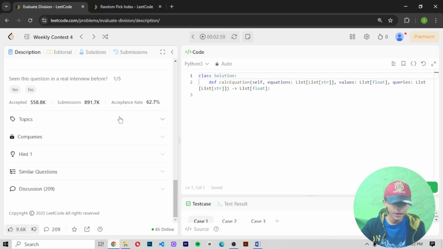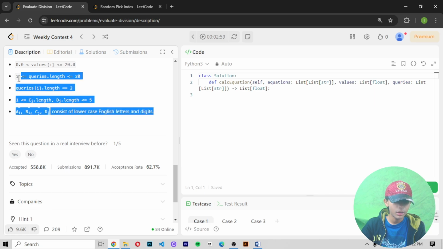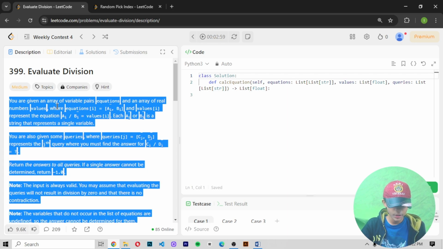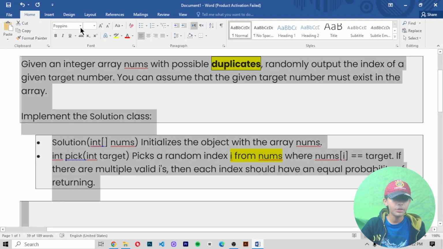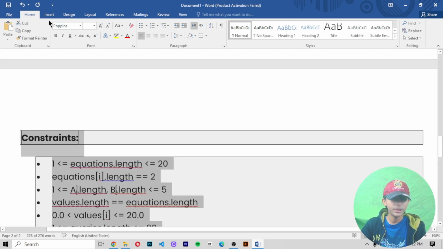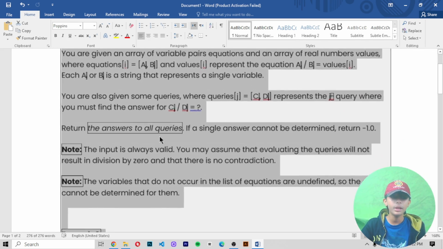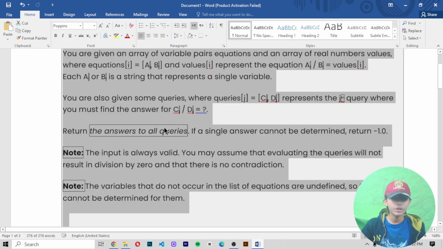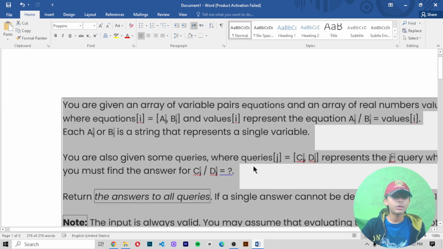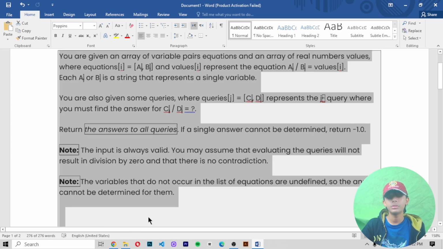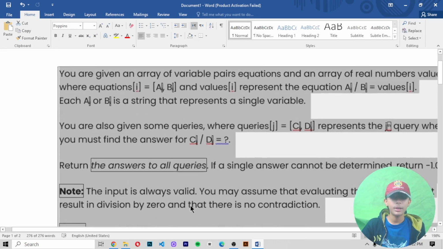First of all, let's select all of this, then right click and copy it. When you copy it, click on the Word file in which you will paste this question, and set the font to Poppins so it looks better. First of all, we will not waste time on the question. I will explain the question only one time. We will focus much more on our code, because the code is very big. We will be writing a lot of code in today's video. So get ready for it, and let's start.